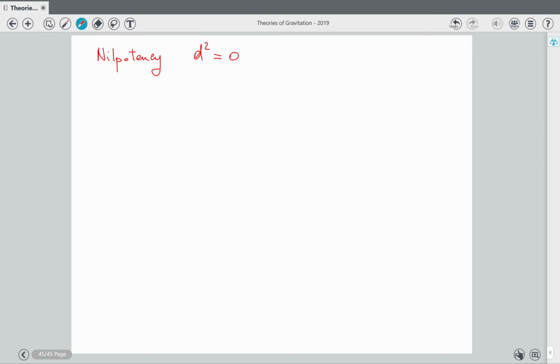That is easy to show because we have seen that d omega is equal to d of omega I1 ... Im, dx I1 ... dx Im. When you differentiate it another time, you have another derivative